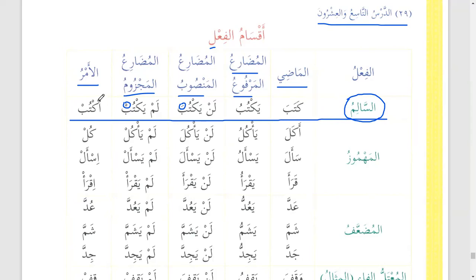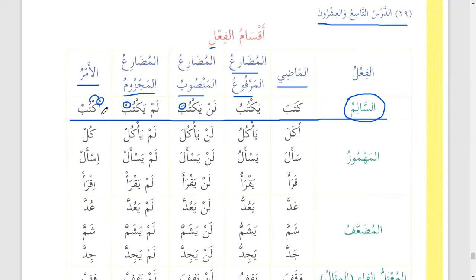And why we have uktub, why we have dhamma here? We have dhamma. Because the third letter has dhamma, Ustad, and it is on the scale of nasara. Yeah, that's the most important thing. We should know that it should be on the scale of nasara yansuru. This is the easiest way to know about it, but sometimes this rule will not be applicable. So we must not go by this all the time. When we see dhamma here, the chances are that we will have dhamma here. But then we have the derived forms of the verb where we can have dhamma over here, but that doesn't necessarily mean that we will have dhamma as well.